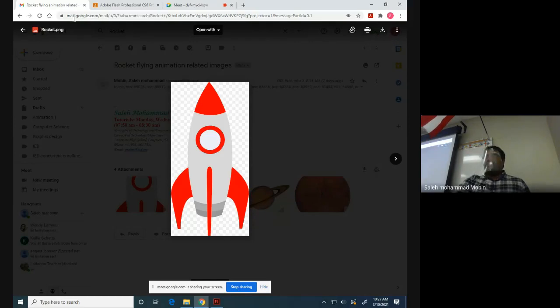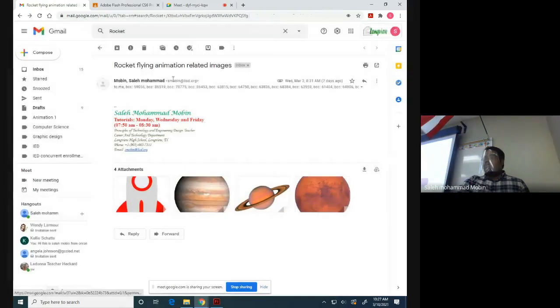The subject was rocket flying animation related image. You need to type it. Rocket flying animation related image. That's what I got. You need to download the